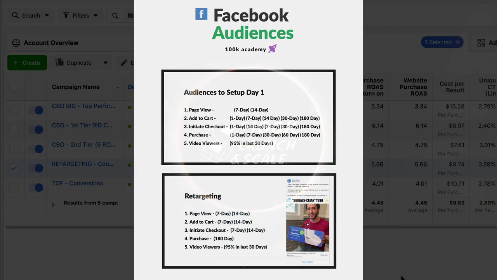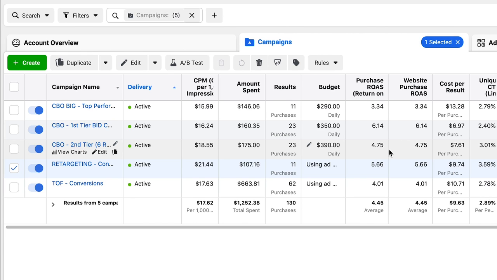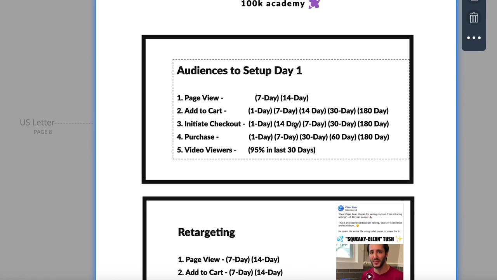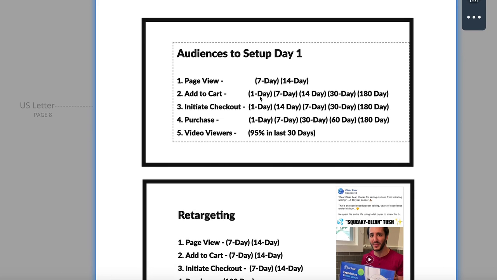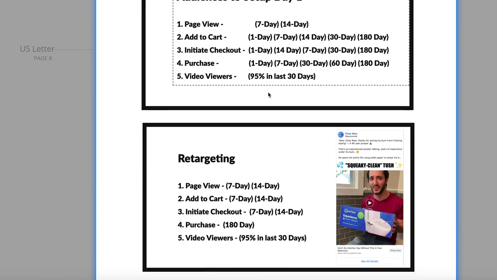All right, guys, so now we can start creating our audiences. By creating specific audiences early on and having this account structure, it's going to allow us to become very profitable and very data-driven on where we're going to spend. So if we actually look at the sheet, I have these audiences laid out, and these are the ones that I've found to be really profitable to create lookalikes off of as we start getting more data. We'll be covering this in later sections, but it's important to set this up early so we can also